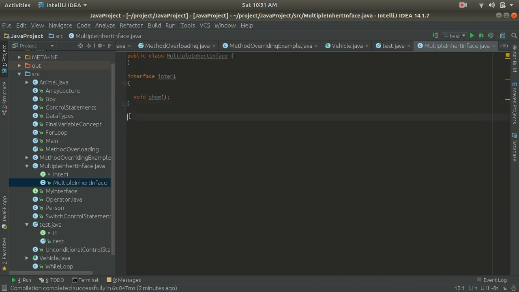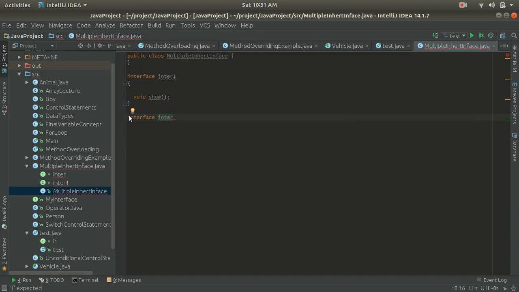After that I am creating one more interface with the name inter2. This is the second interface, and inside it I am going to create one more abstract method, a void display method.